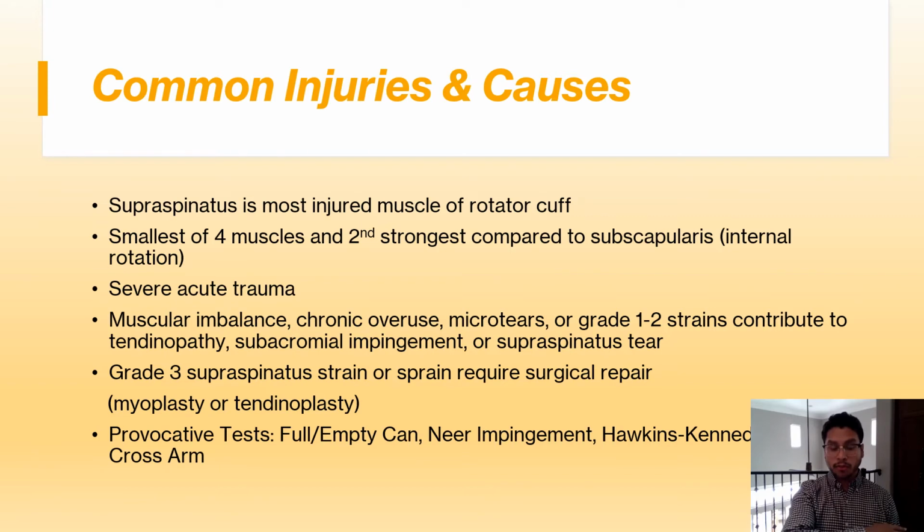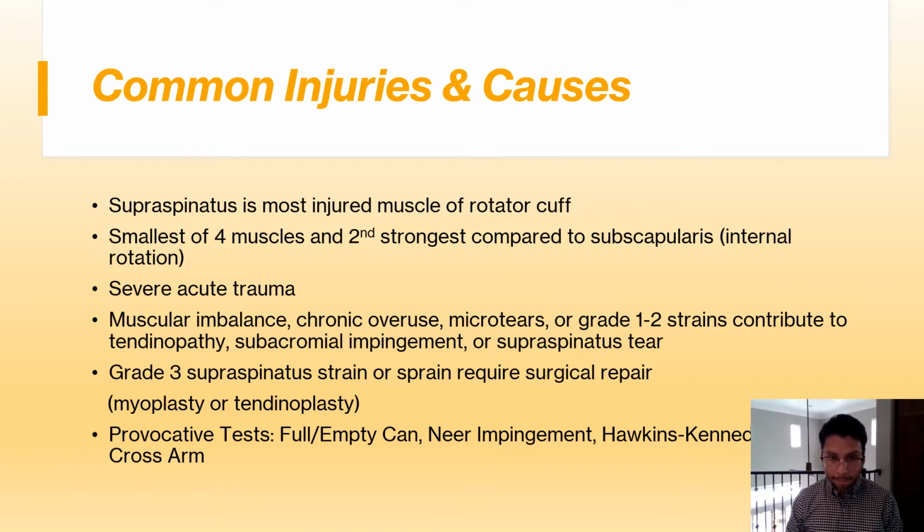You put the patient through these range of motion exercises, and if there's pain present, it's indicative of a positive result. These tests are the full empty can test, so bringing the arms out like in a scaption position to about 90 degrees abduction, 35 to 45 degrees horizontal abduction. You would externally rotate or internally rotate against resistance from the physician or the clinician. And if pain is present, then